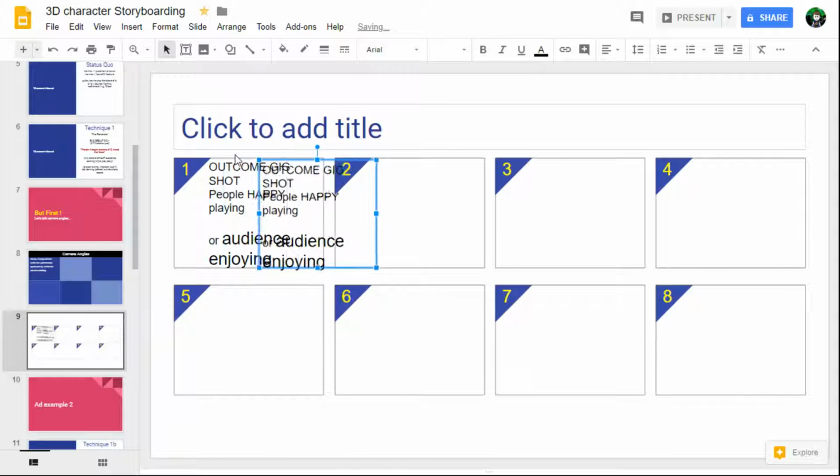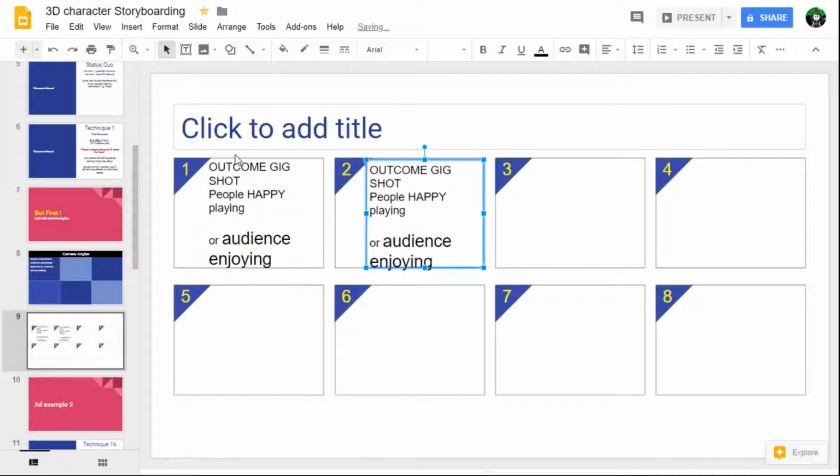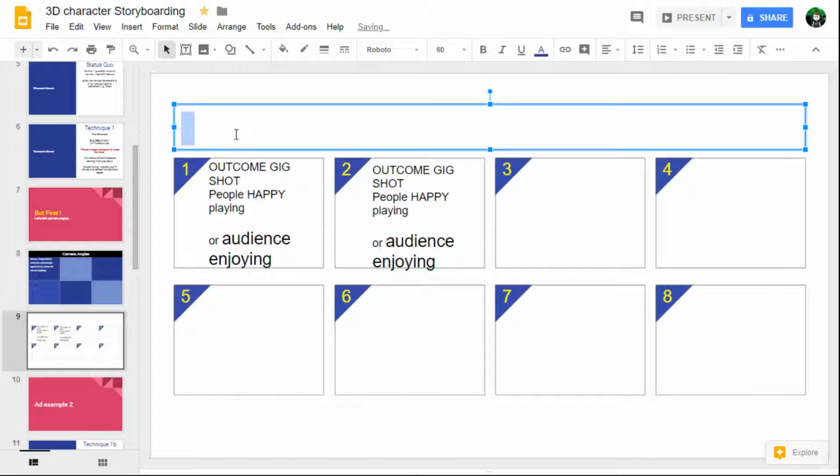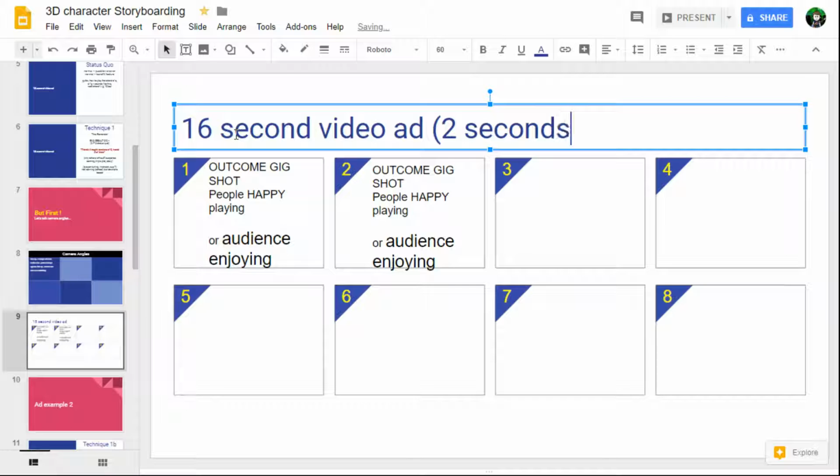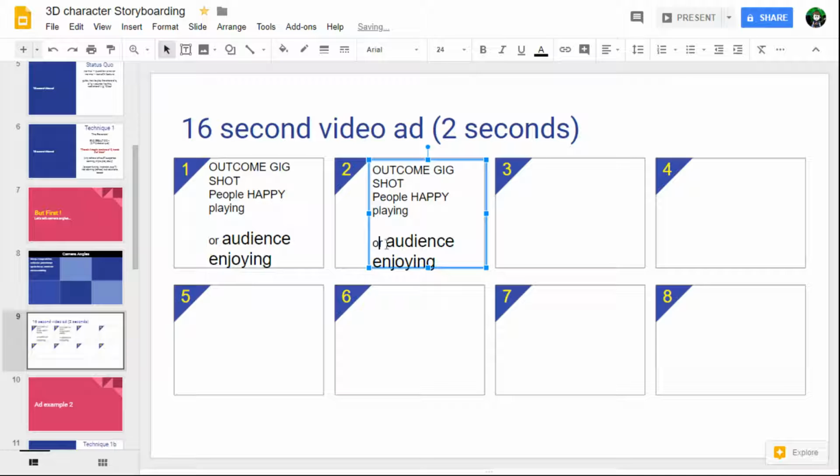So the other thing we need to do is, sorry, this is something like a 15-second video ad. Okay, so I don't know if I need more boxes than this, but if we do the 8 boxes, that's a 16-second video ad, then each one of these boxes is about 2 seconds. Okay, so that's about right. We're 2 seconds on the audience enjoying themselves. Okay, then we're going to come in to